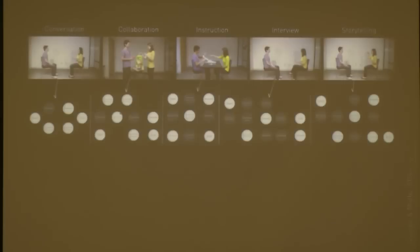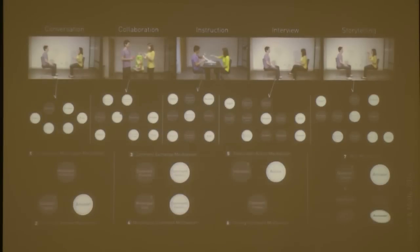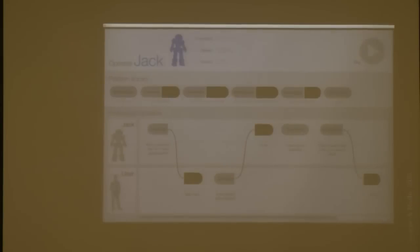Then we coded all of these interactions for the structure that they followed, right? What do these interactions look like? If I want to describe it to someone, what kind of form does it follow? So we created these models for the structure of the interaction. Then we looked through these models and identified the elements that were common across all of these interactions as building blocks that we can use to construct and synthesize interactions. Okay? So then we built this authoring environment that allowed designers to prototype and test interactions using